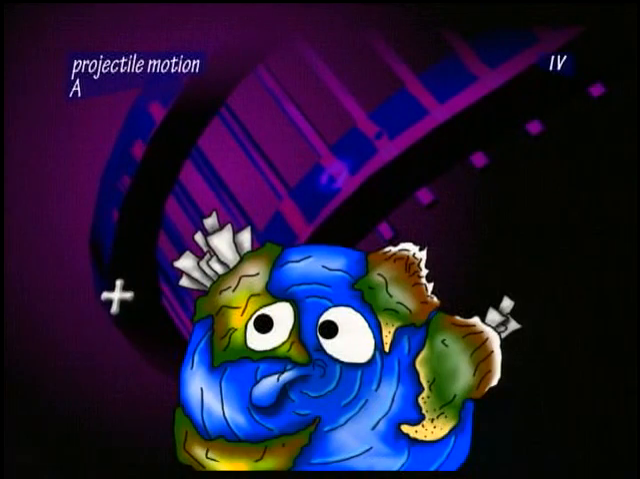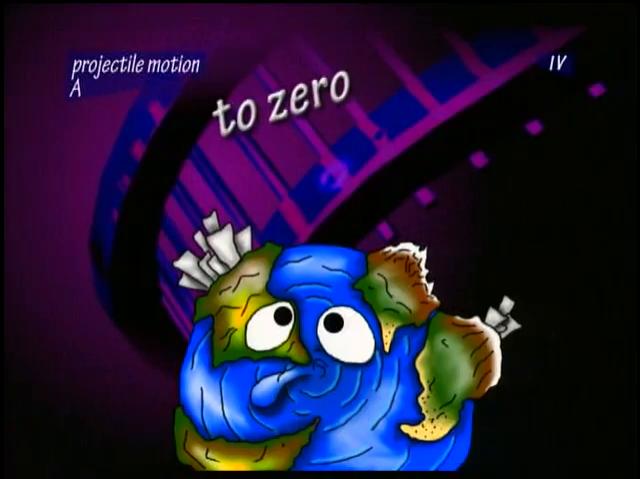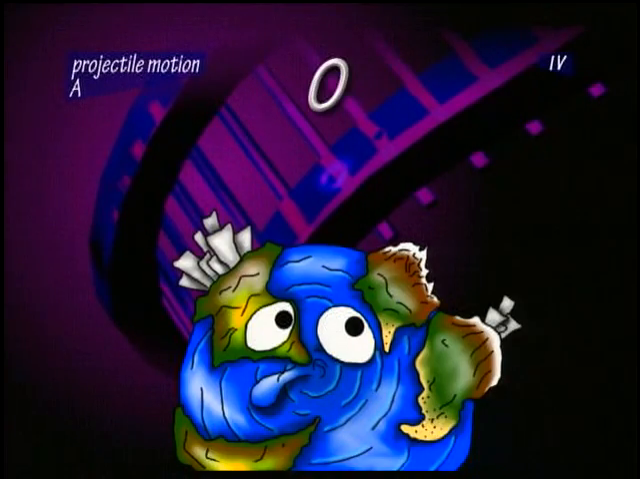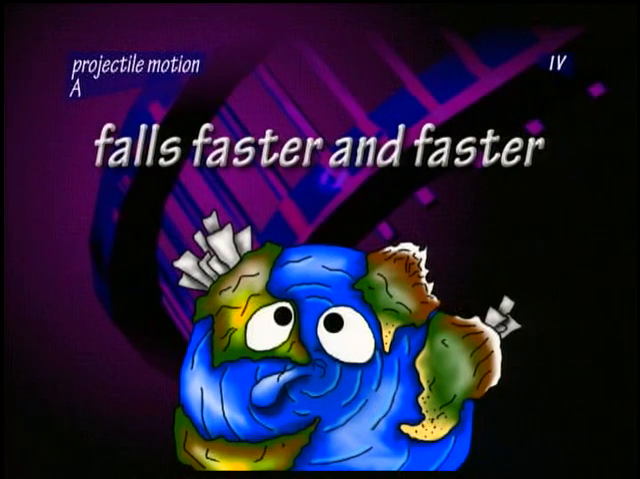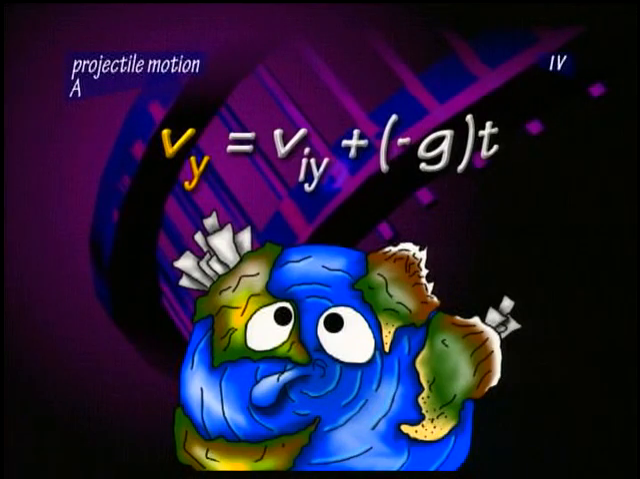The y component of velocity starts out positive as the object moves away from the Earth, gradually drops to 0 when it stops getting higher, and is 0 at its highest point. Then the y component of velocity gets negative as the object falls back towards the Earth. That is, the object falls faster and faster. So then the object's y component equals the initial positive velocity plus negative gravity, because the acceleration due to gravity